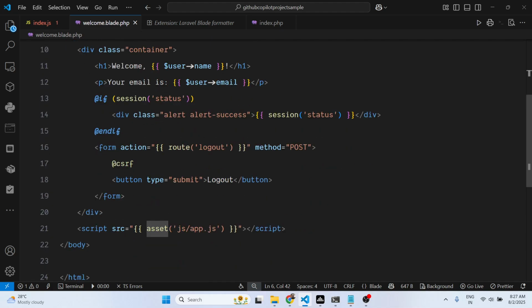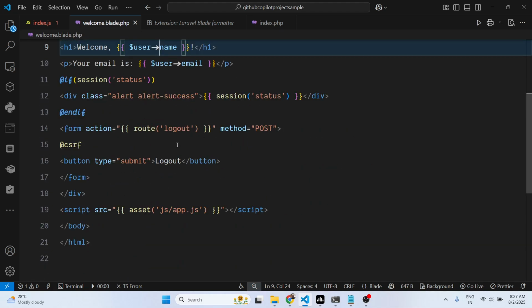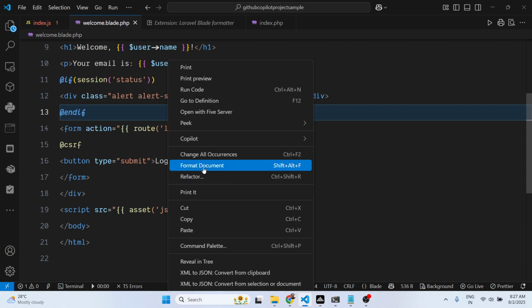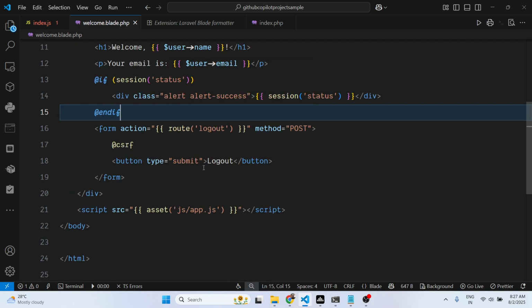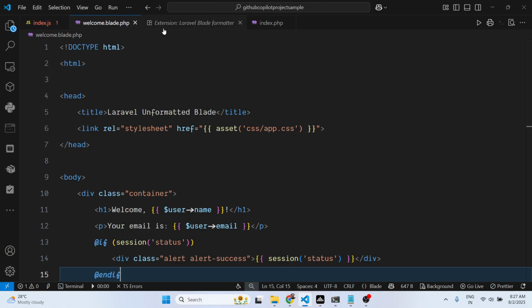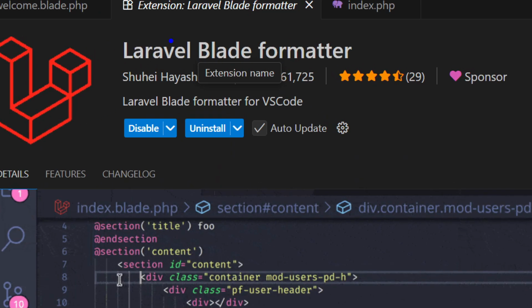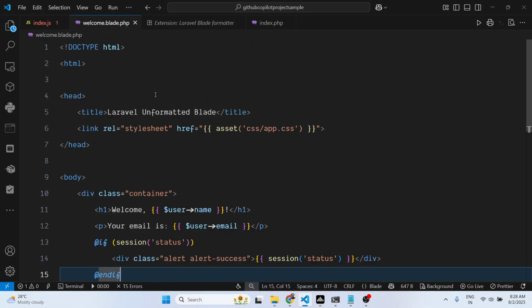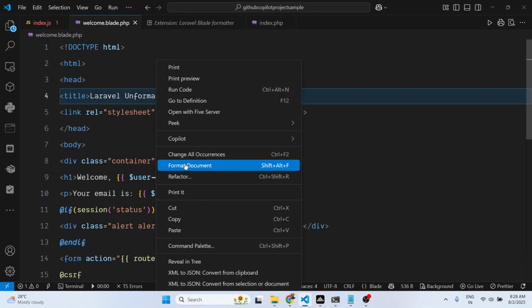So in this easy way, you can see with a simple click, right click, format document, and instantly the file will be formatted. And this is the extension, Laravel Blade Formatter. So simply install this for VS Code, and in a matter of time you will be able to format your